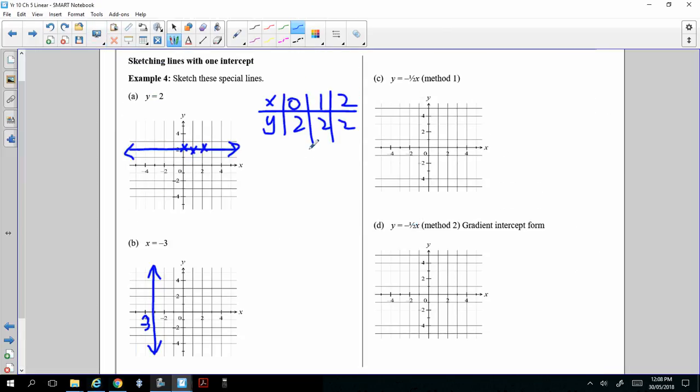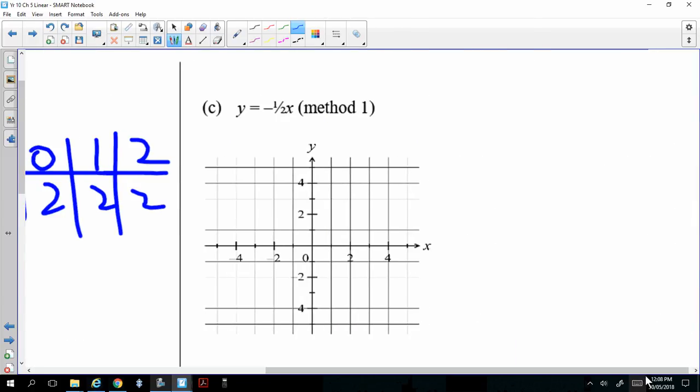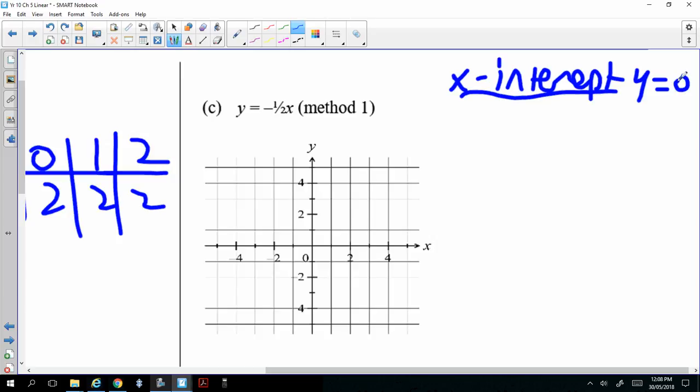So how about this one? We have y equal to negative half x. I'm going to show you how to do it in 2 methods. The first method is finding the x and y intercept. So let's do that. So x-intercept, you put y equal to 0. So you get y equal to negative half times 0, which is 0, which is over here. And then you find the y-intercept. When you put x equal to 0,